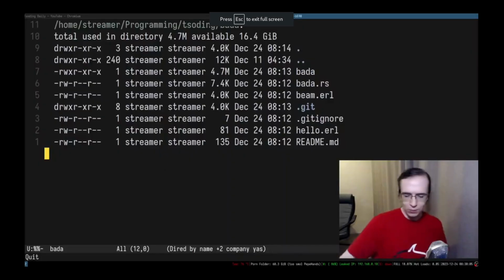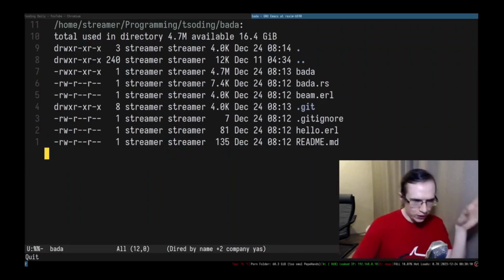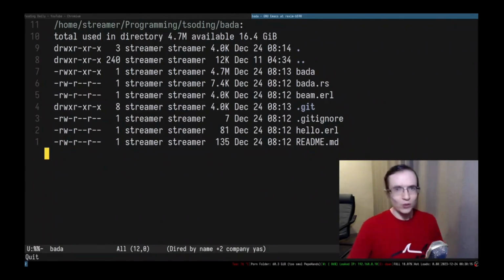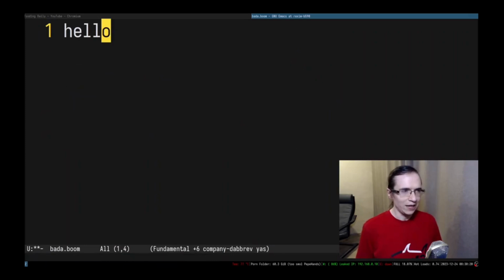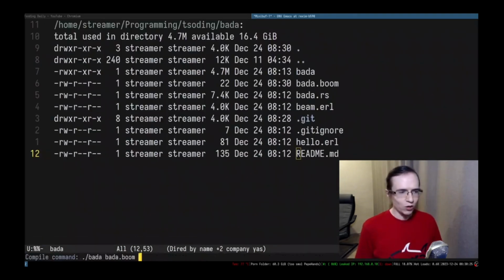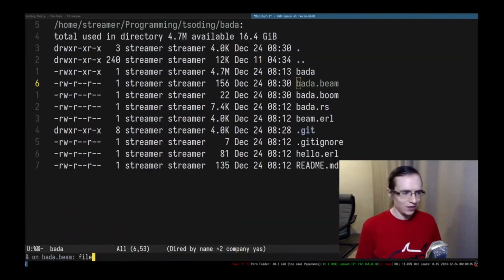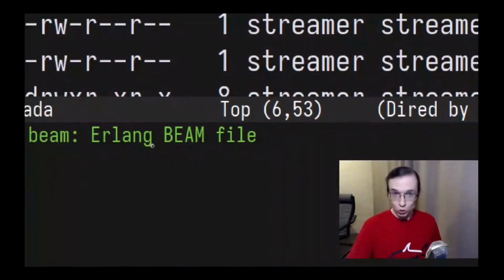Some of you know that I lately been messing with the Erlang virtual machine, and I think whatever I came up with is actually pretty good coding interview question for software developers. For those who doesn't know, here is the problem. You have a file with the following format. You have a name equal number, name equal number, and you have to write a program that accepts that file and generates a binary file that is a valid Erlang Beam file, aka Erlang module.